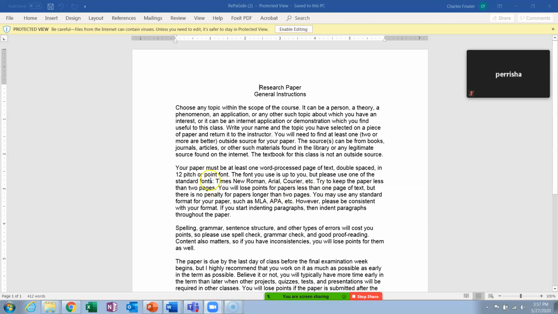Oh, let me talk about what I mean by a page of text. Now, you don't have to, but a lot of students will put a header up there and then skip a few lines and do their title and maybe skip another line or 2 or 3 and then start typing right here. Well, what's a page of text? A page of text will go to the bottom. We'll go to the bottom of this page, all the way to the bottom, and then on the second piece of paper, start at the top and come down at least that far. That's a page of text. Okay?